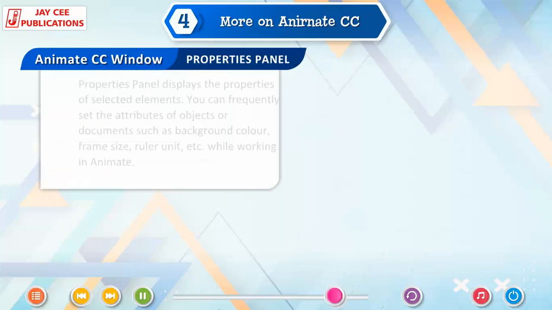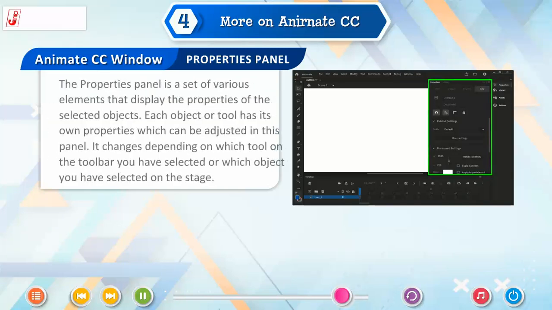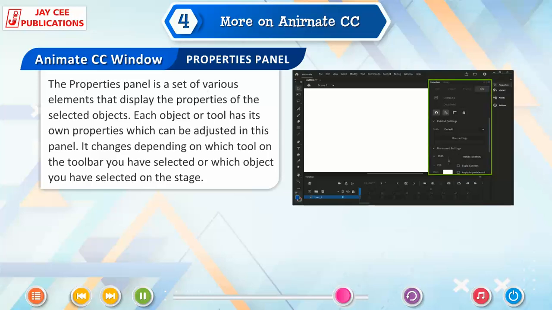Properties panel. The Properties panel displays the properties of selected elements. You can frequently set the attributes of objects or documents such as background color, frame size, ruler unit, etc. while working in Animate. The Properties panel is a set of various elements that display the properties of the selected objects. Each object or tool has its own properties which can be adjusted in this panel.